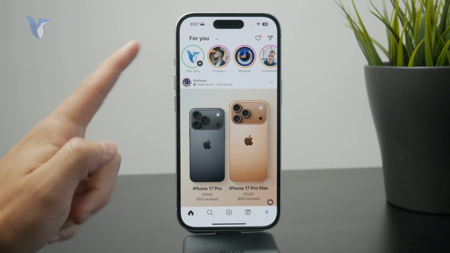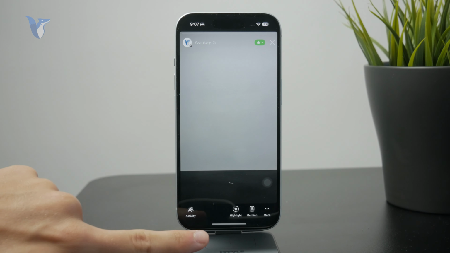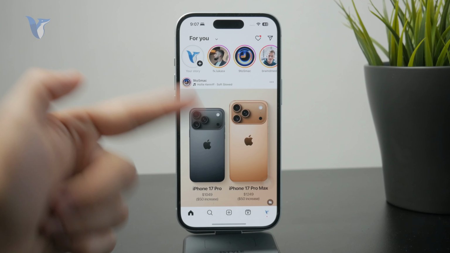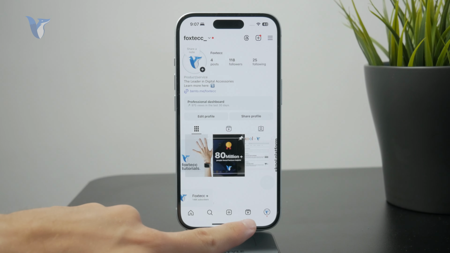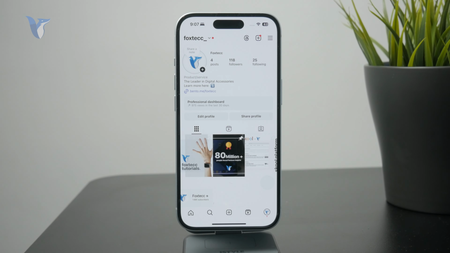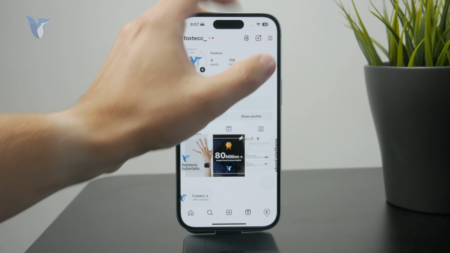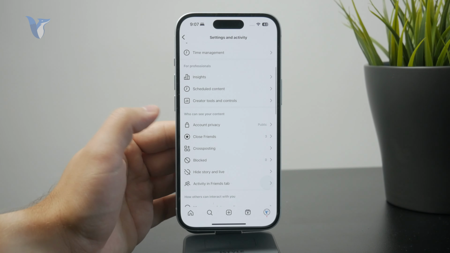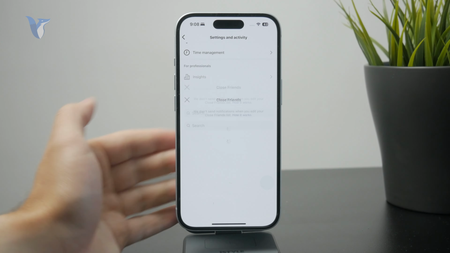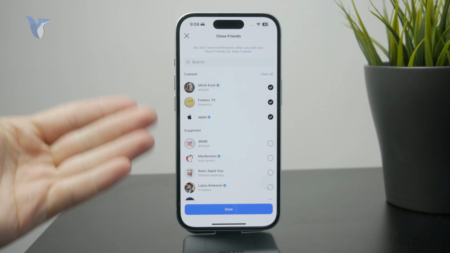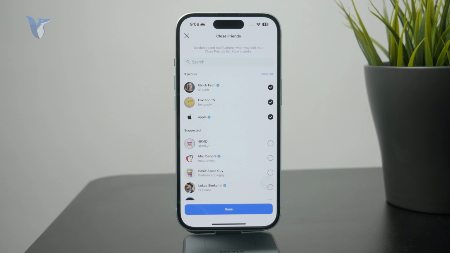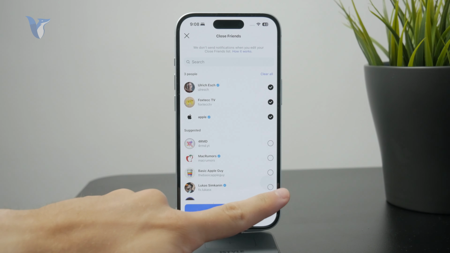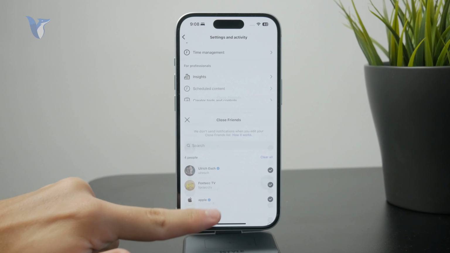keep the original story. So you can literally just open up your Instagram like that and manage your close friend list inside of these settings. So in your profile, tap on the settings and you can manage your close friends right there. And you can essentially add more people to the list so they will be able to see your existing story for the close friends. After it's done, perhaps you can remove them and then publish the stories regularly to the